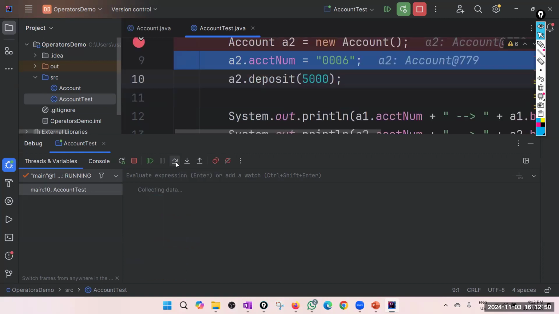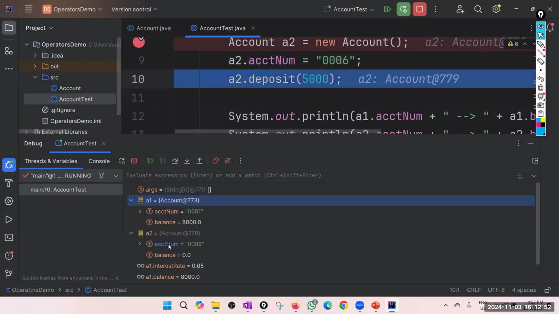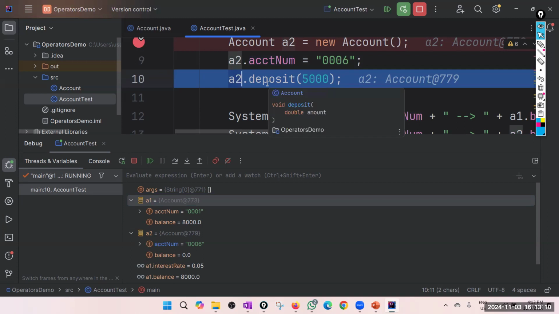Now let's execute this. Now my A2 has account number 006. You can see that every object gets its own value. That is why we say account number is an instance variable. Now after deposit, this balance must be incremented because we deposit for A2, not for A1. A1's balance is not going to be affected, because deposit is an instance method.